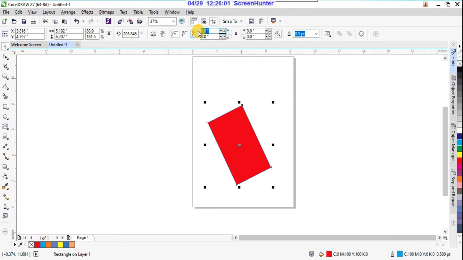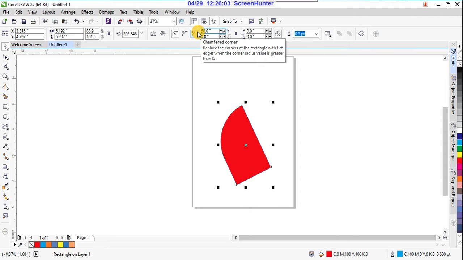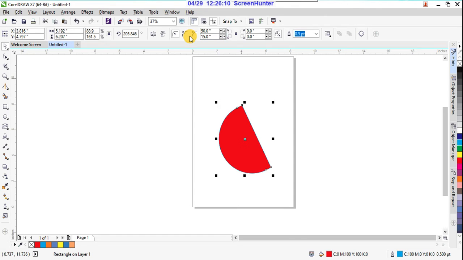Suppose here you can give some value, see, and here give something like 15. So sometimes we want these kinds of shapes when you work on real-time projects or making logos, shapes, patterns.